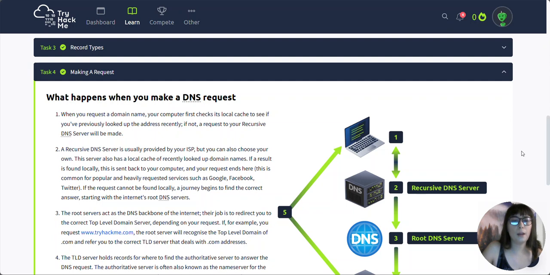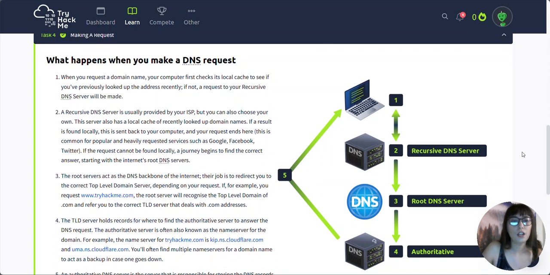If the request cannot be found locally, a journey begins to find the correct answer, starting with the internet's root DNS servers. 3. The root servers act as the DNS backbone of the internet. Their job is to redirect you to the correct top-level domain server, depending on your request. If, for example, you request www.tryhackme.com, the root server will recognize the top-level domain of .com and refer to the correct TLD server that deals